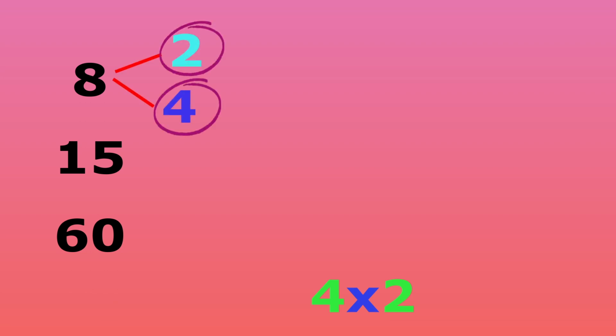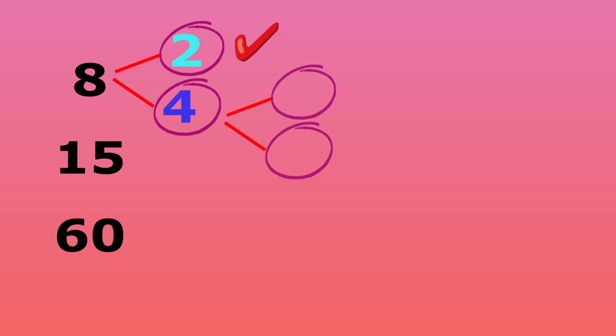We'll work on the number 8 first. First, pick any of the factor pairs of 8. Let's start with 4 times 2. Now 2 is prime, so let's mark that as complete, because we're looking to break 8 down into only prime factors. Now 4 is not prime, so we want to break 4 down into factor pairs and keep going until we only have prime factors.